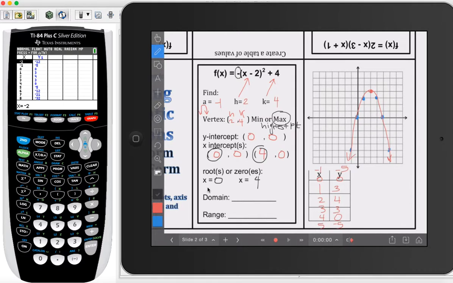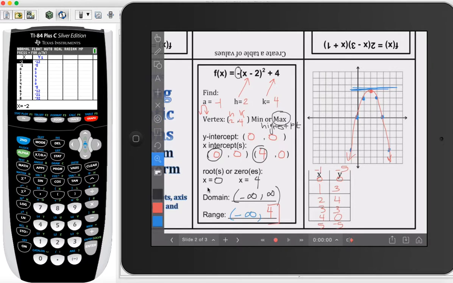The domain is going to be from -infinity to infinity always, since this is going to continue on forever, to the left and to the right. Domain is from left to right. Range is from bottom to top. This is going to continue on forever down, so that's going to be -infinity, all the way up to the y, in this case, which is a 4. And you can depend on the graph to tell, or you can just look at the equation. This number will give you the range. It's the y of the vertex. Now this is one of the graphs. Now go ahead and try to